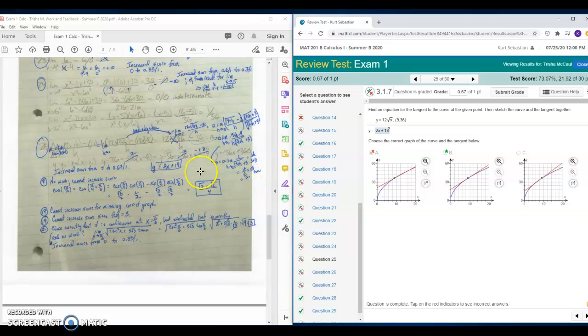So the slope is 2. Once you have the slope right, you plug it in. So you knew how to find the equation of the tangent line. You just did the wrong slope to plug in. So I increased your score from 0 to 0.67 there. Okay, that's 25. On 26,